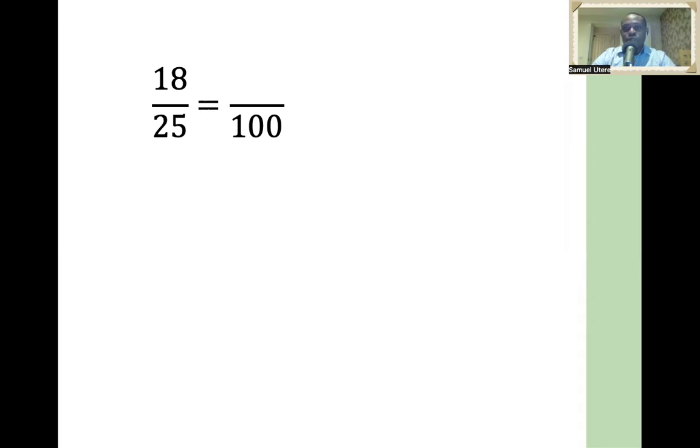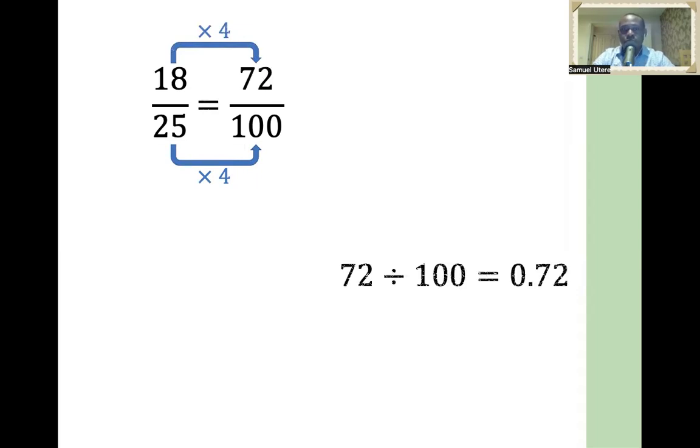Now, you may be wondering, how did I know that? Anytime you have a problem like this, which we will see some more in this lesson, you could have worked that out by doing 100 divided by 25 to find that the factor is actually 4. So now that you know that, you can multiply the numerator by 4 to give you 72 out of 100. And that is